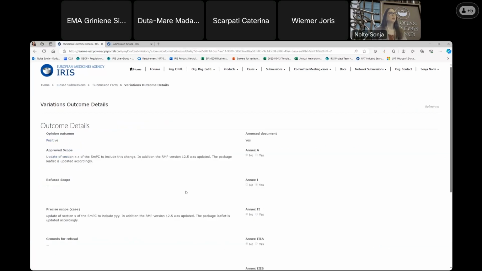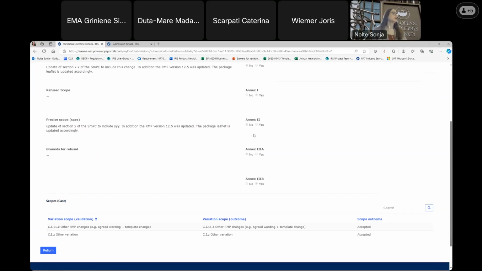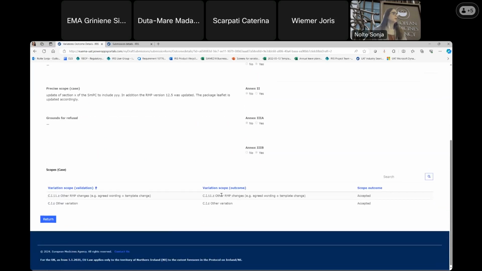Details of this finalized procedure are available, like the approved scope for this procedure, and also a little bit of the history with a precise scope, which was the scope at the start of the procedure. And as you know, that sometimes can change a little bit. We can also see that annexes are affected and which annexes are affected, and which